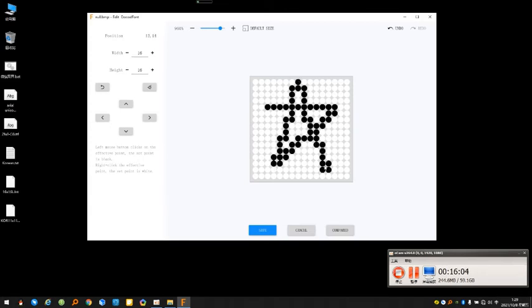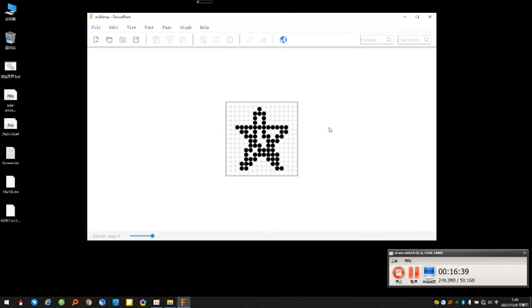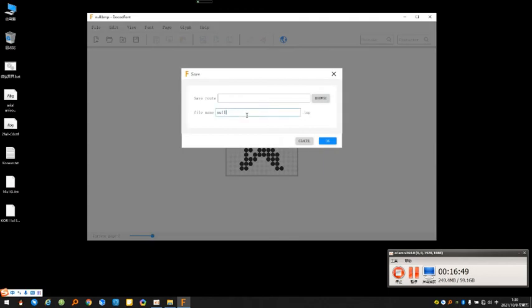Okay, and if you feel some place your drawing is not so good, you just move the mouse to this place and click the right key to remove it. Here we draw a star and we want to print the star, and you can move the place and keep the save. Okay, you can see this logo is what we just drew, and we click save and give a name to this logo file,